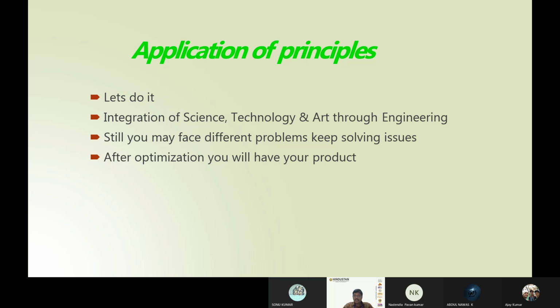Okay, ma'am, that's all from my end about the application of principles. Today's session we discussed three important things. One is the design, which comes from nature, right? You can think about it. Another important thing is the experimentation. We saw what insights we got from the experimentation. And the next thing is the logical thinking and judgment. I gave good examples. I hope you can understand. And the final thing is organizing the results, whatever we are thinking, and the application of principles.